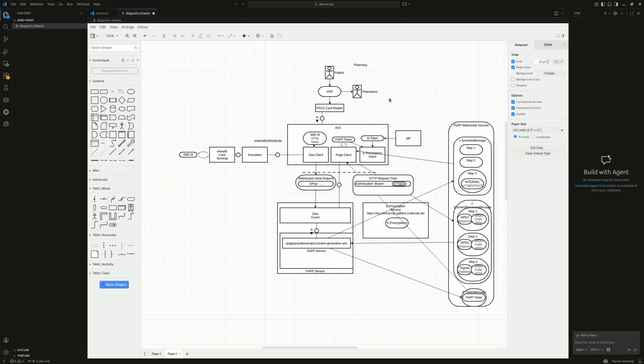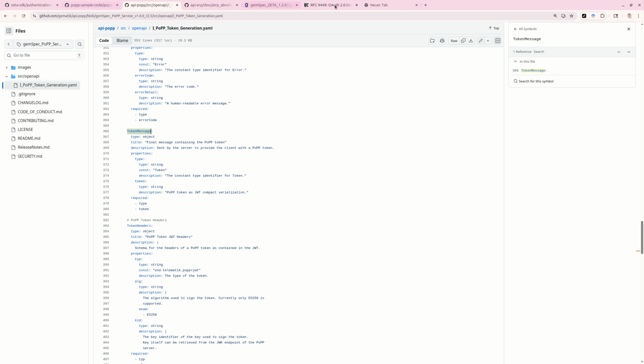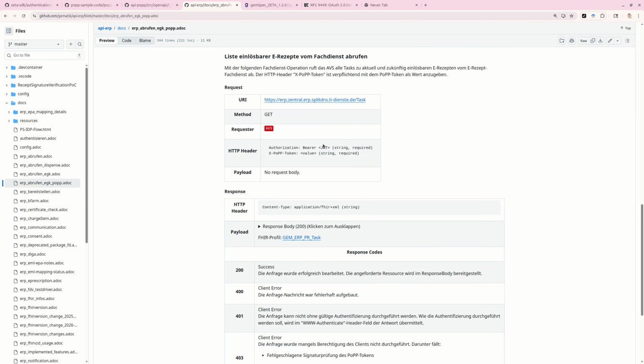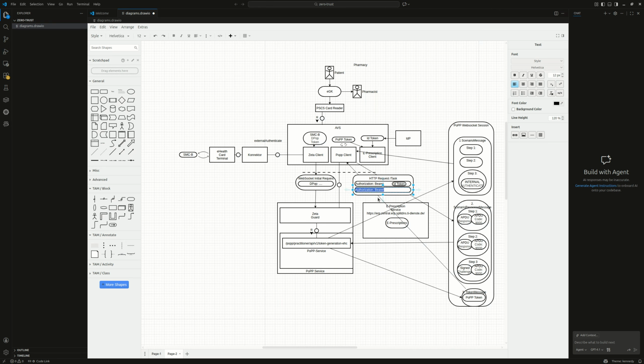And it will also have the PoP token. And the PoP token is delivered as the header X-PoP-Token. And this is described here. So here there's the X-PoP-Token, and this one goes to the task, and the authorization will be done by the ID token, and the PoP token will be done by the PoP token. So technically,